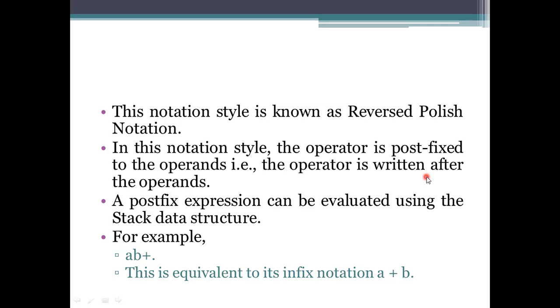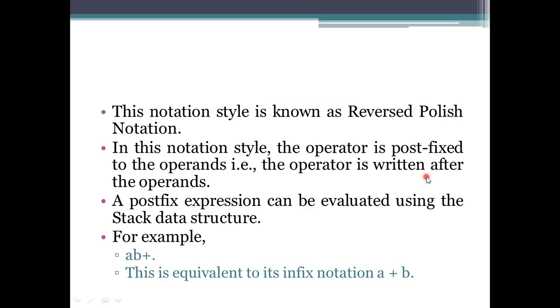So here we have another name for this notation, the reverse Polish notation, because of the elements that have been read: if it is a variable, if it is an operand, the operands will be placed first and the operator which has been used for these operands will be placed after them.